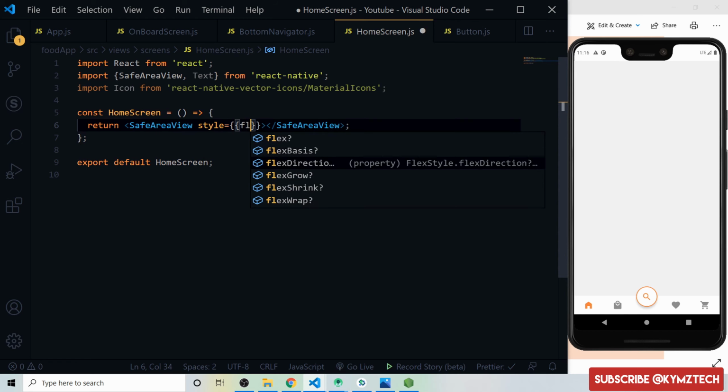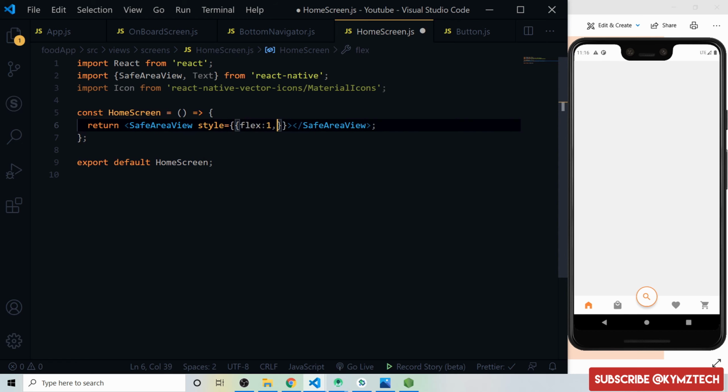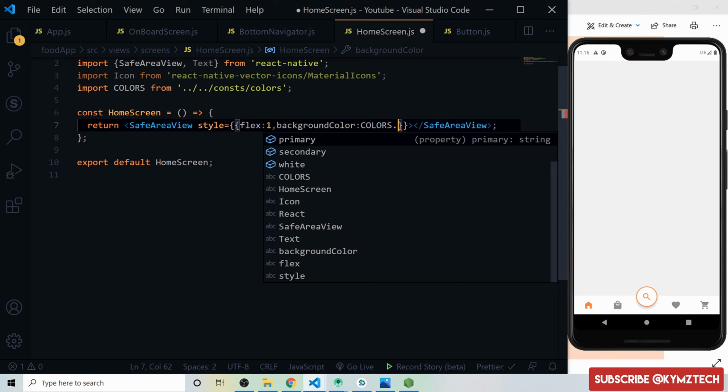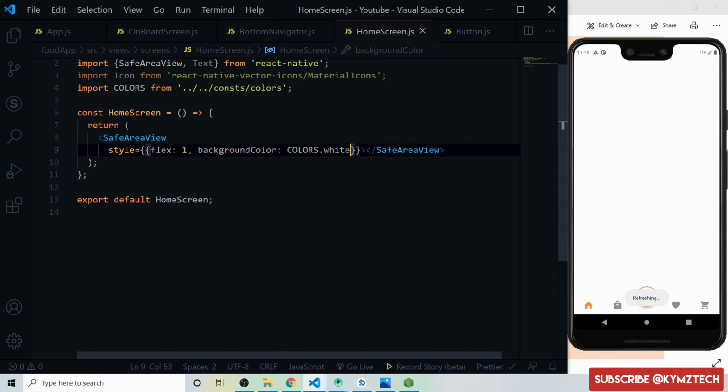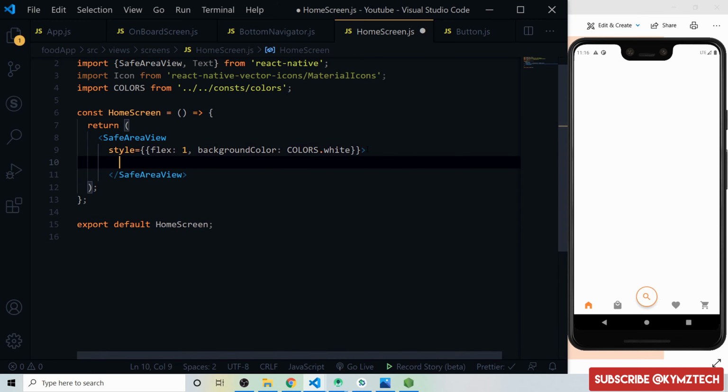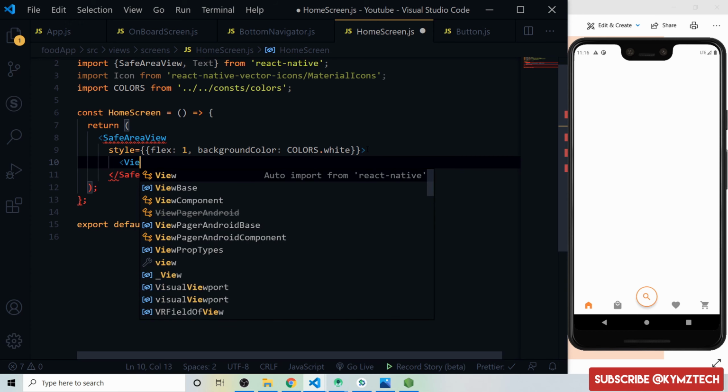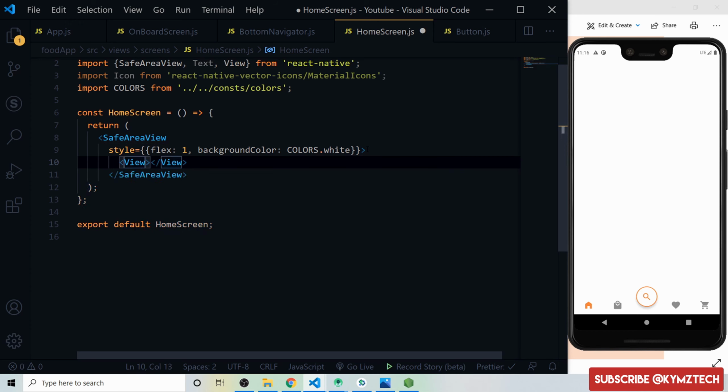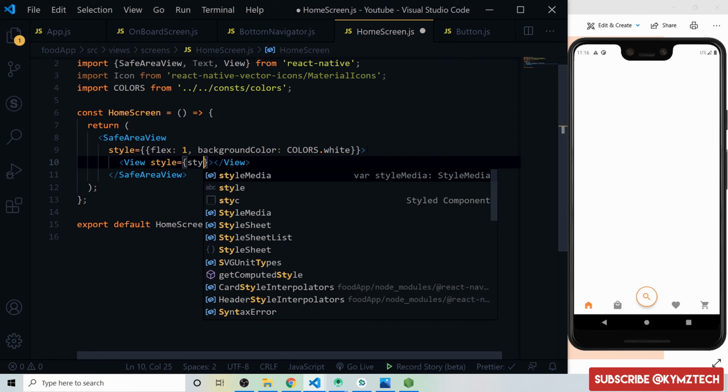We'll give it a flex of 1. Then we are going to give it a background color of white. So say backgroundColor, we'll get color from the colors object and we'll say white. That's all for the safe area view. So right now I'm going to add the view for the header. So say view. Then we'll give it a style of header. So say style